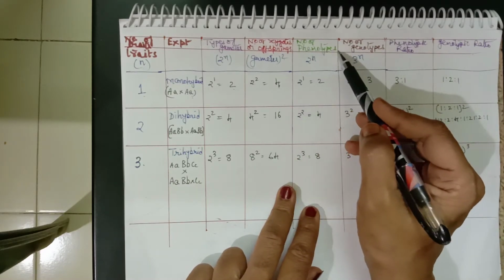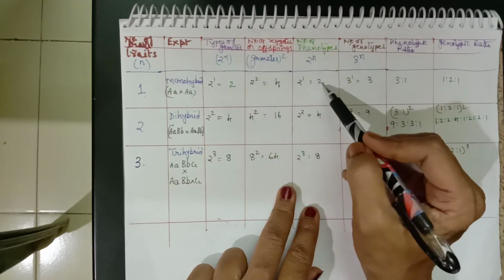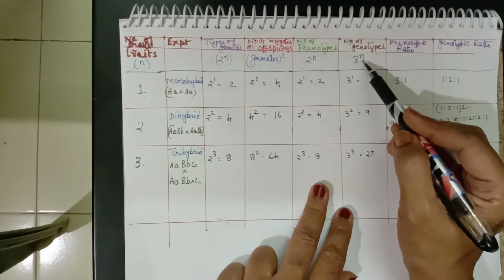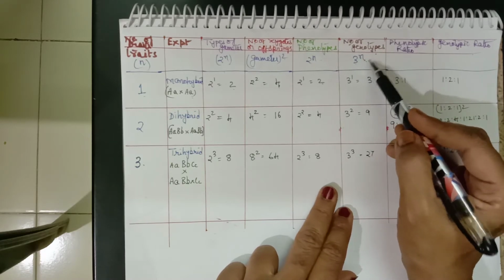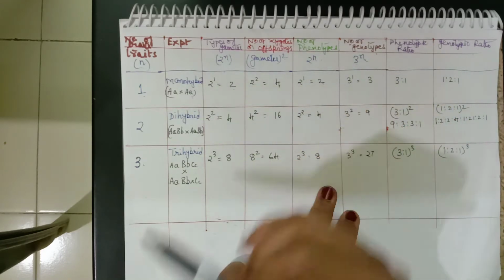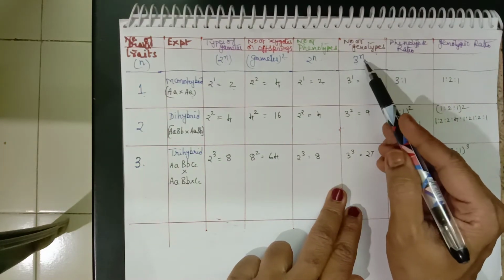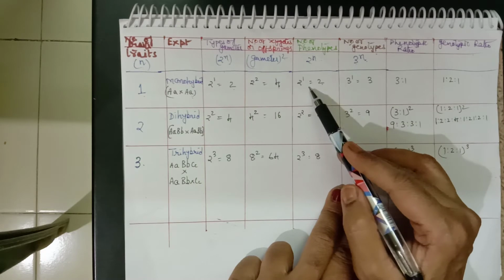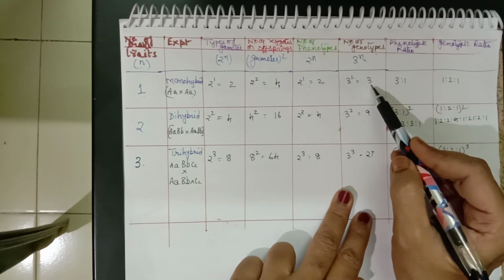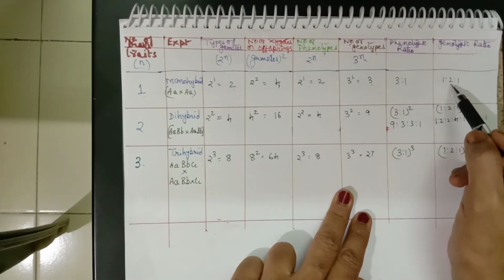Next column is the number of phenotypes. Same here, 2 to the power of n, just like gametes. So here we get 2. Next column is the number of genotypes. This we take as 3 to the power of n. This is a general formula which you can remember for any number of characters, any pairs of genes given here. So in monohybrid only one character is considered, so 3 to the power of n gives 3 genotypes. Phenotypic ratio, we know, is 3:1. Genotypic ratio is 1:2:1.